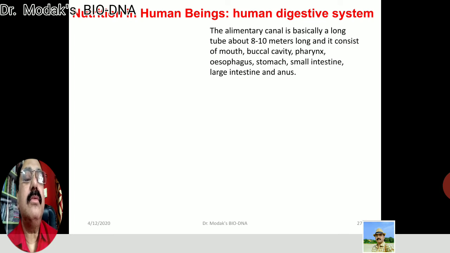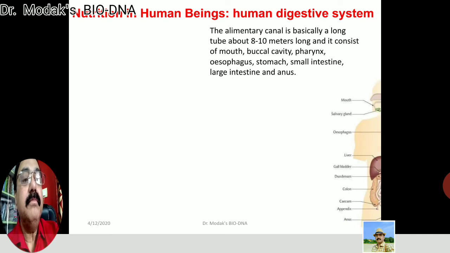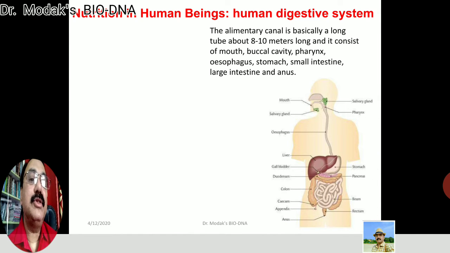Let us begin by talking about the alimentary canal. As I told you in the beginning, the alimentary canal is a long tube about 8 to 10 meters long. Just imagine it, about 30 or 35 feet long tube structure beginning from the mouth. It consists of various parts in between: mouth, buccal cavity, pharynx, esophagus, stomach, small intestine, large intestine and anus. You can see in this diagram of the human digestive system, beginning from the mouth, the uppermost part,